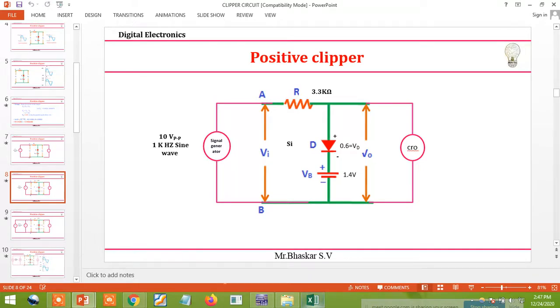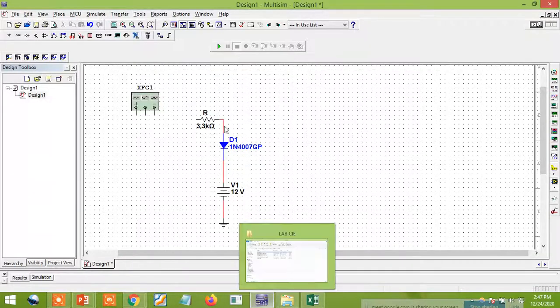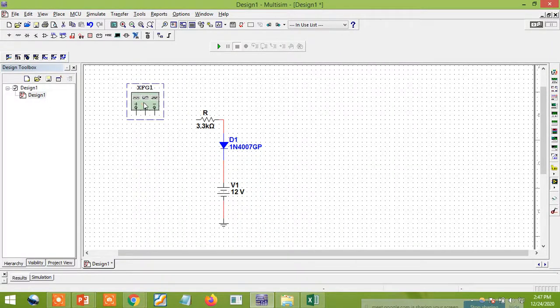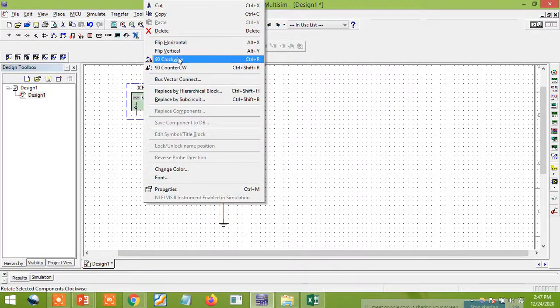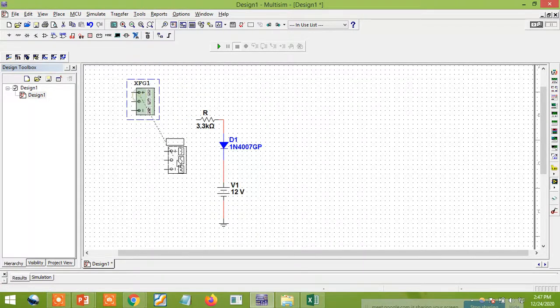So in order to get this, I'm going to connect, just rotating this one for easy understanding. Just you can do this. Just I'm going to adjust. So from the signal generator positive terminal I can connect it here, and next the common ground connection I can connect here.